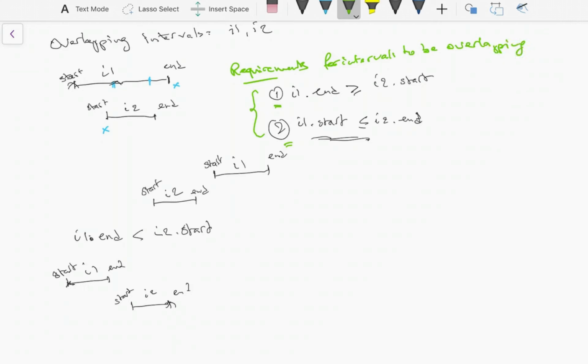And so from this analysis, what we did is we took overlapping intervals and formalized it into something that we can work with. And now, let's see this. Using this, what we can derive is that if we sort the intervals by starting time,